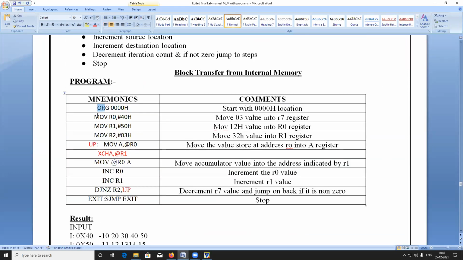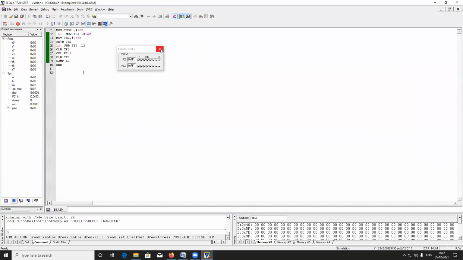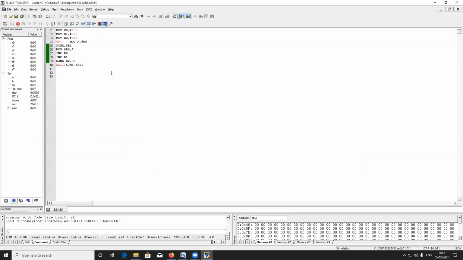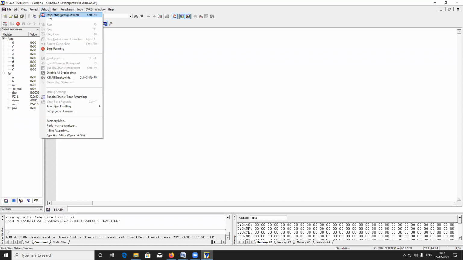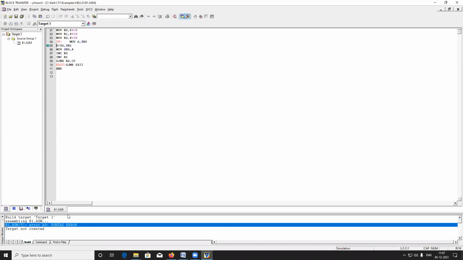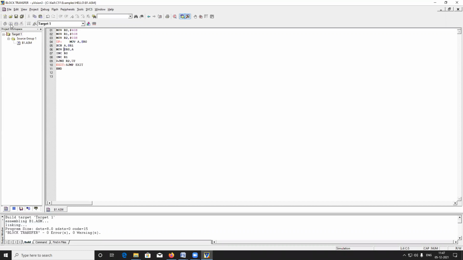So we will go to the Keil software and see whether this program works or not. There is the command XCH A, @R1, so there is no warning.